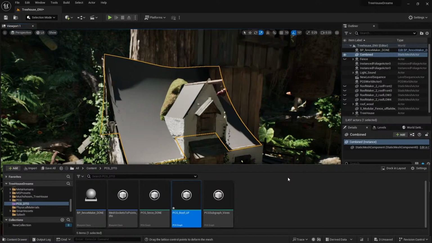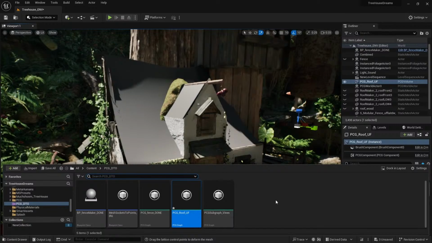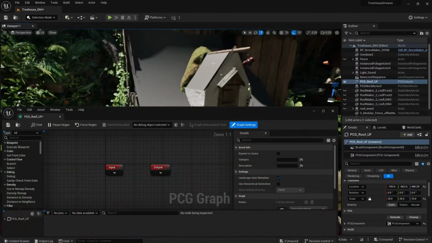So we've got this graph. It lives in our project, but it hasn't been added to our level. So for it to show up in the level, we need to add it to it. So we'll just drag and drop that into the level. You can see it's now in the outliner. And then the next thing we can do is go back into the content browser and double click on that graph to open up its editor and begin creating some nodes that are going to ultimately create a tiled roof